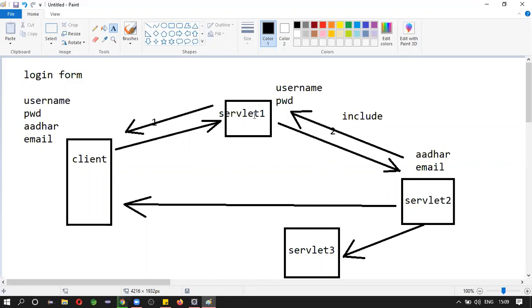Here, in the first case, the response of servlet 1 is not going back. So based on this, servlet 2 is creating or generating another response. Now by using include, the client will request servlet 1 and servlet 1 will forward the request to servlet 2, and in turn servlet 2 will do some calculation or some logic and then return the result back to servlet 1, and this response is included in this response. Okay, that response will be forwarded back to the client.